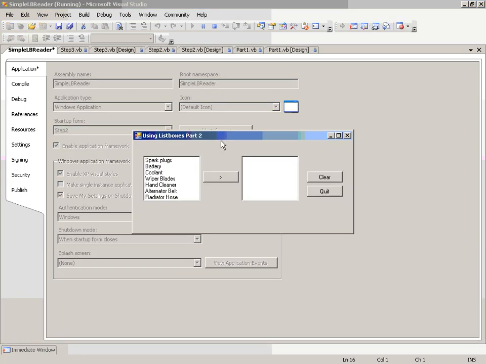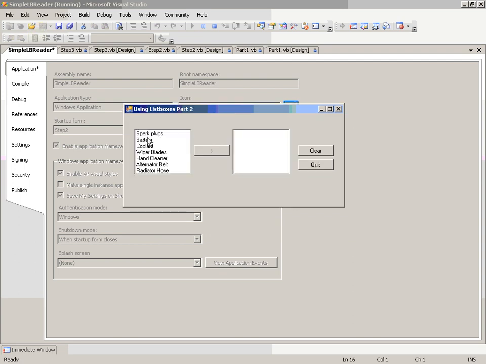And in step 2, I've created a little form with 2 list boxes. And on this one, what you can do is you can pick an item. Let's say I pick coolant or wiper blades, and I push on this little button, and it takes whatever I selected here, places it in the next list box. So this gives you a chance to build a little wizard, perhaps,